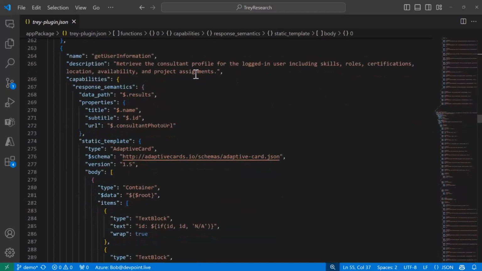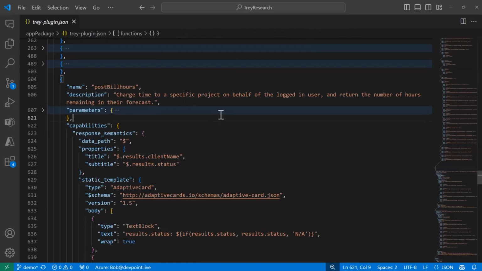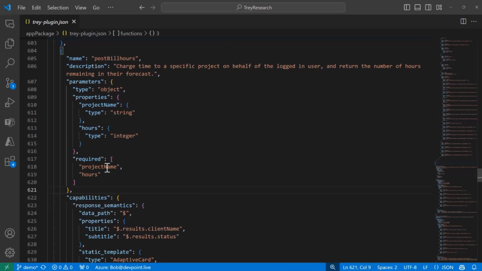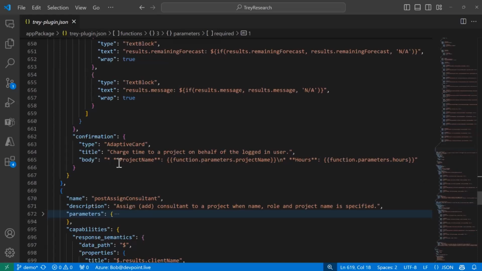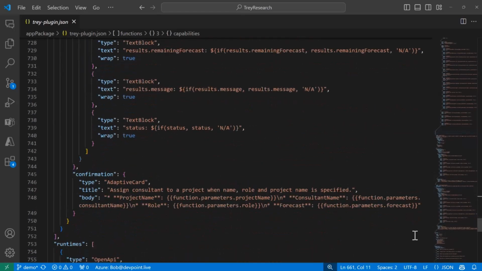So here's get user information was one, get projects was one, post my hours. Okay, so this one is a post, so it's a little bit different. And one thing you'll see is now I'm filling in the required fields. So we're going to tell Copilot, hey, these things have to be provided. You can't bill a project without telling me which project it is. And again, I have the capabilities, and this time I have the confirmation card. So here's how you can customize that little confirmation. And then if we go down far enough, we'll get to some cool stuff like